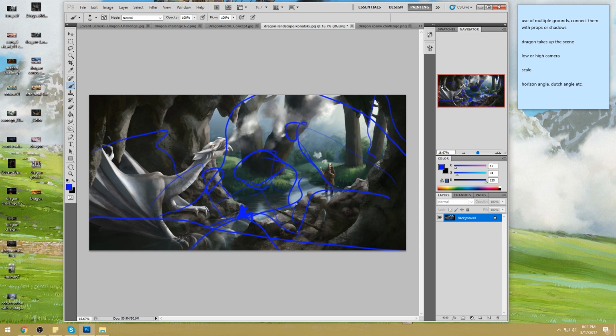Over here you could have a little bit more rock anatomy, some trees, all of that business. Make the camera a little lower, make him tower just a little bit more, taking up more of the scene. If you want him to take up more of the scene, maybe have his body above, snaking out, and his head is just there. That's how you make something feel top heavy, by having the character cover up the top half. If you have too much covering the bottom half, it's going to be a low, heavy canvas,